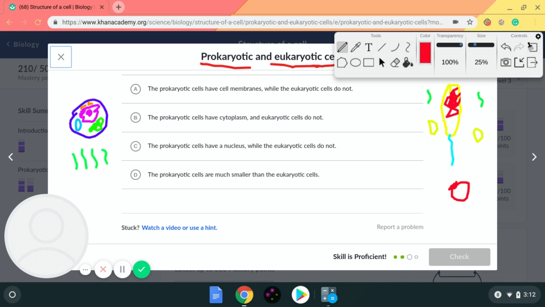Now, the volume is bigger than the surface area. But the point I'm trying to make here is that prokaryotic cells aren't very good at maximizing their